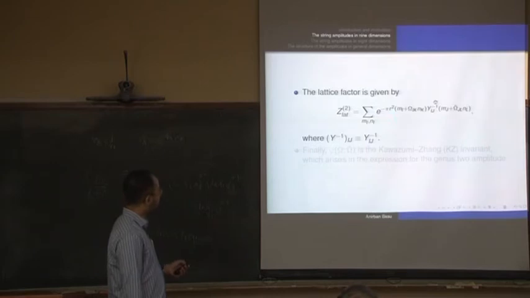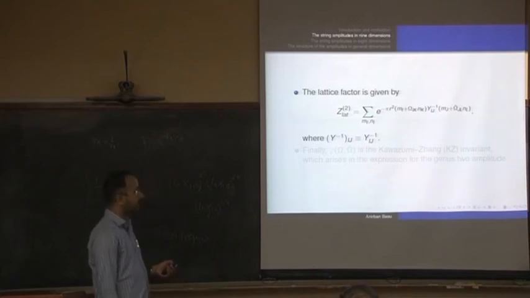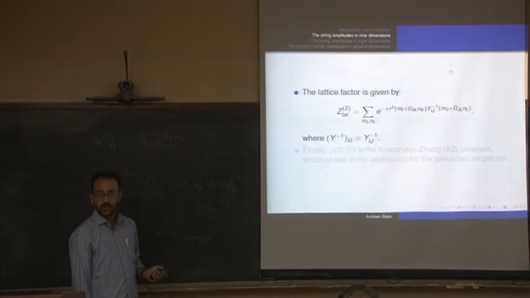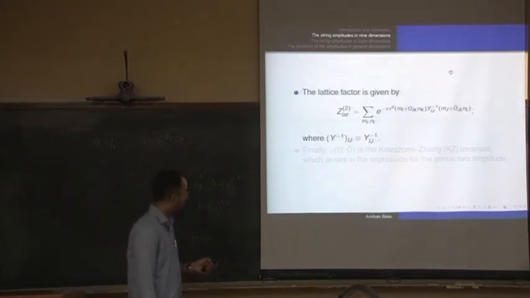And this is the lattice factor. This is a little more complicated because it involves the period matrices, and y is defined this way. The y inverse entries are y inverse. So for example, at genus 1, this would be just 1 over ω2, and this would just be |m plus nω|^2.